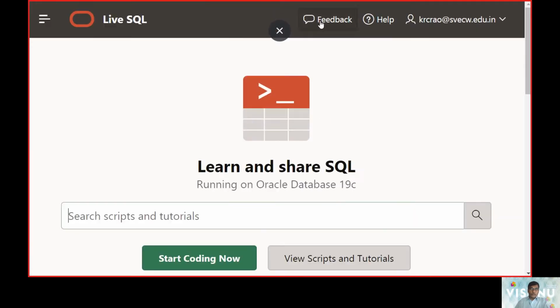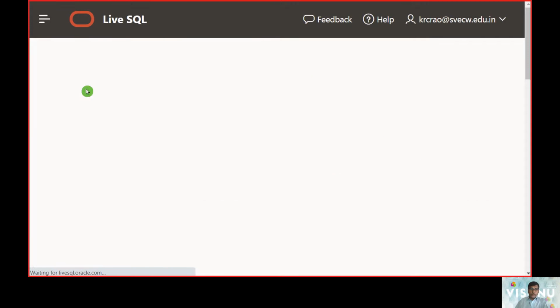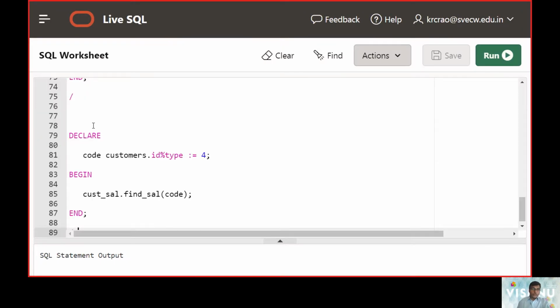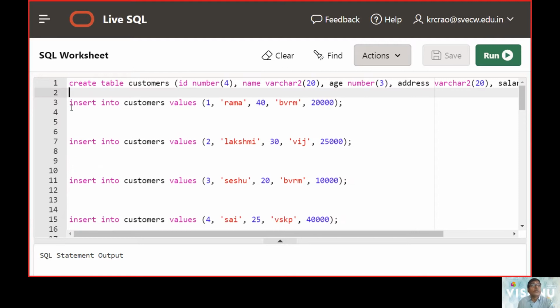Then we are logged into this account. Now I will move to the SQL worksheet. At this point, whatever PL/SQL or SQL queries we have, everything can be taken up here.